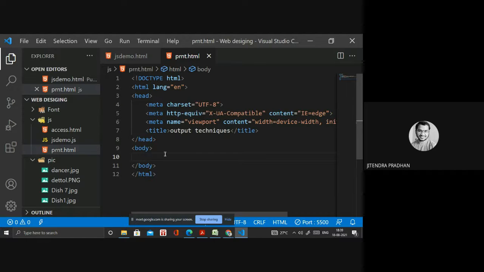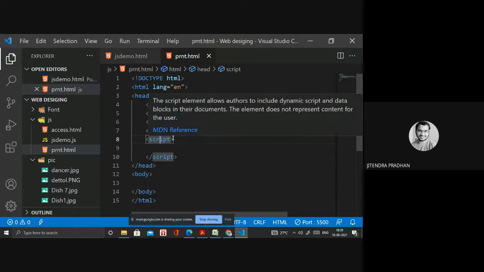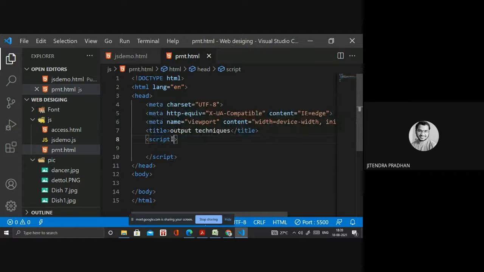Next, I will scroll you one by one. Wait. Inside that I have to write a script with the mime type. It's type text by CS, or sorry, type text by JavaScript. Then if I want to alert something, alert this one for you.